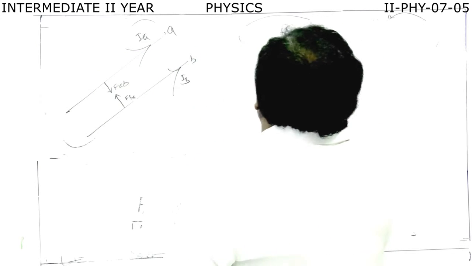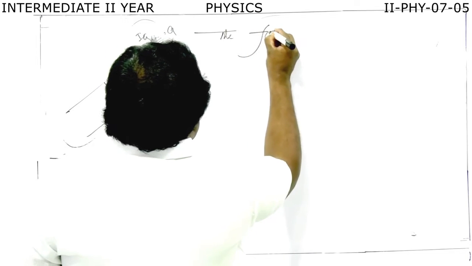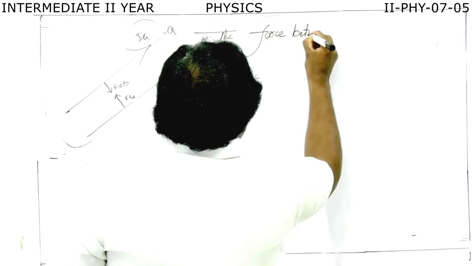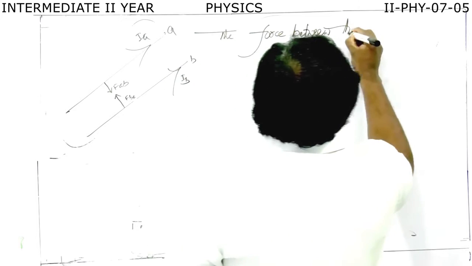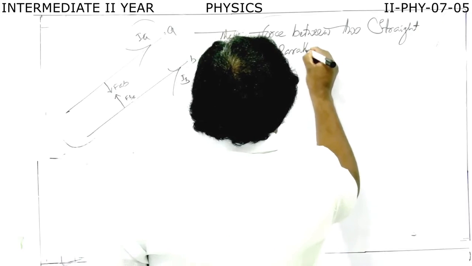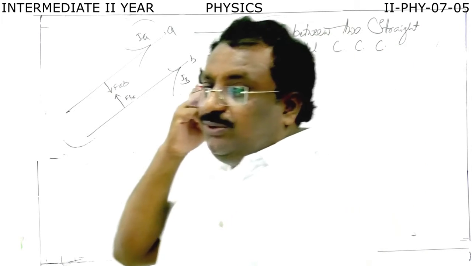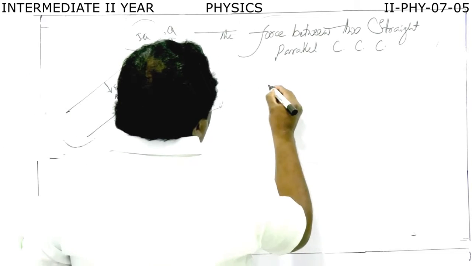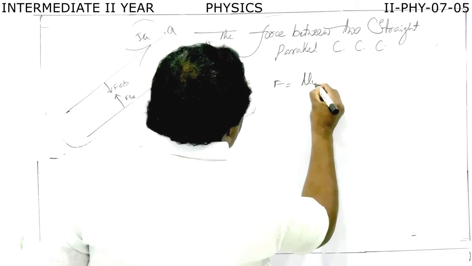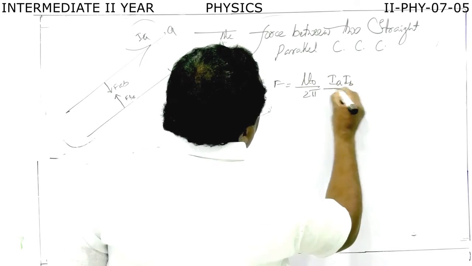The force between two straight parallel current carrying conductors: F is equal to mu naught by 2 pi, I1 IA IB